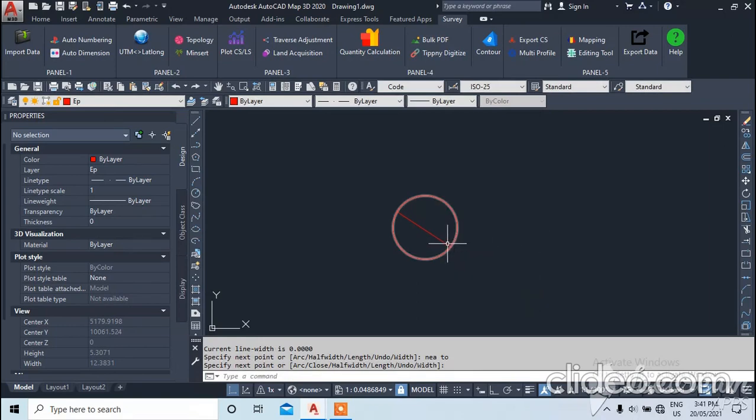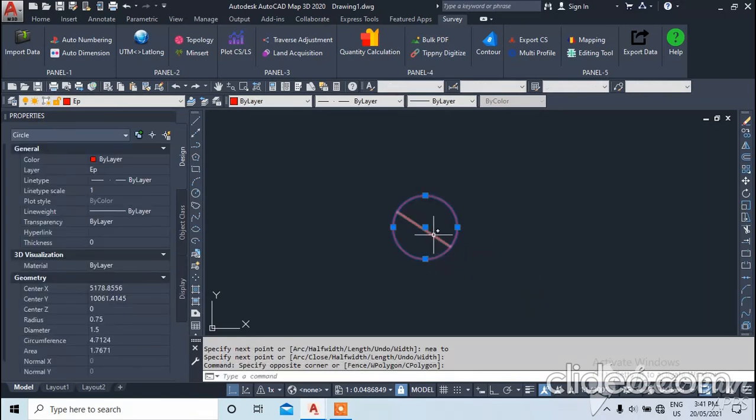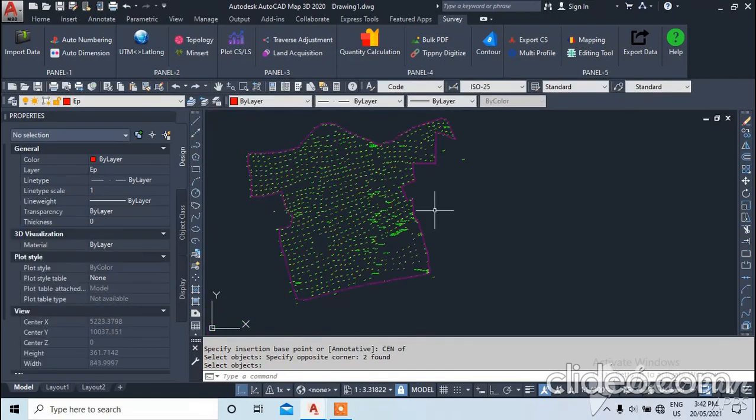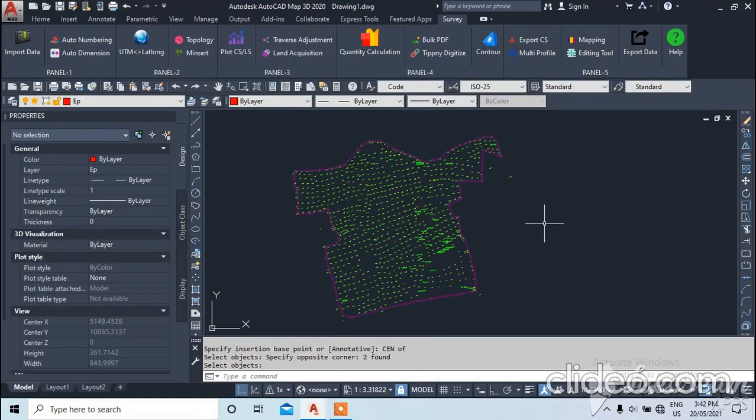Like this. Block EP. So now I have created the EP and tree blocks.